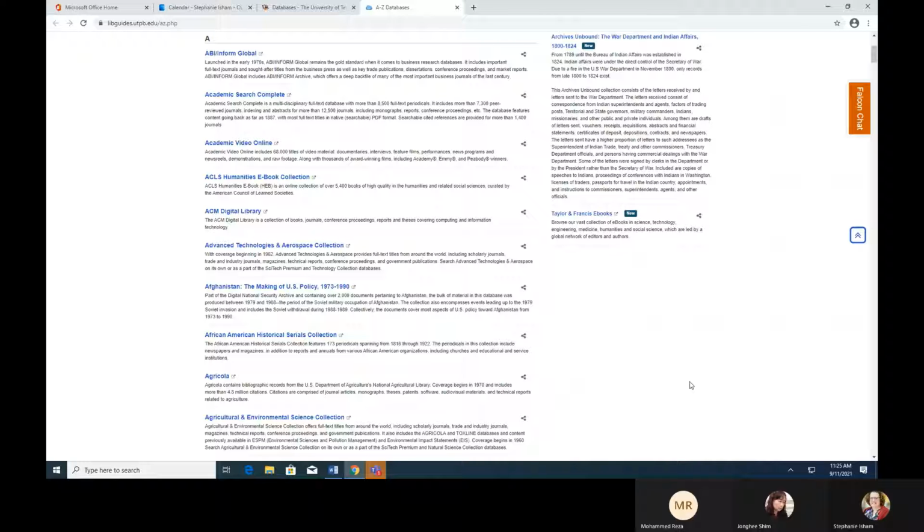Well, creating an account within a database allows you to save your articles and your results in that database. Right now, if I do a search in a database, I add things to my folder, and if I go out, though, that folder is lost because there's no one connected to it. But if I have my folder for EBSCO, it's logged in, then I can save it to a folder in EBSCO. I can save my searches,